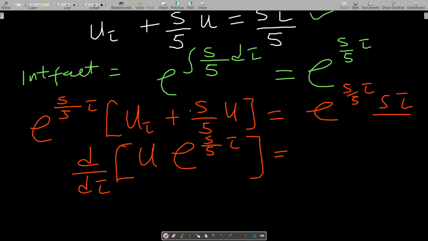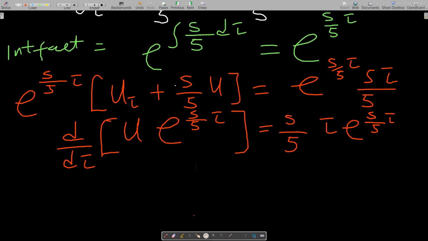All right, so here is s over 5. Then here too will be s over 5 then tau e to the power s over 5 tau. Okay, let me change my s and 5 because it's as if they are the same. So s over 5 then tau, e as the power. Okay, now with this, what we do is you just